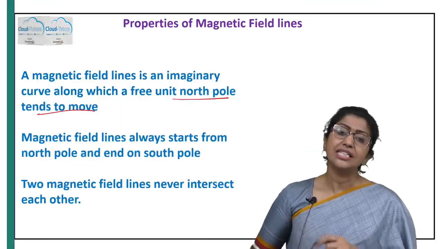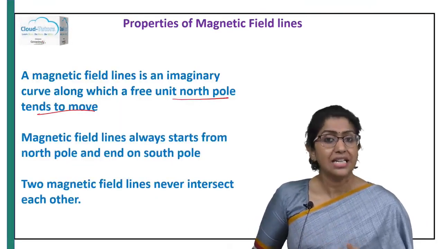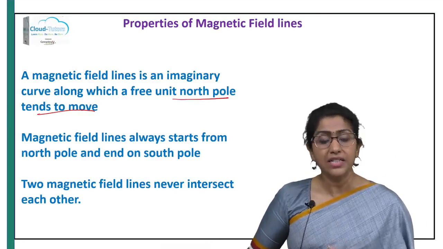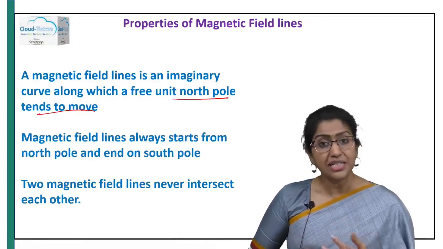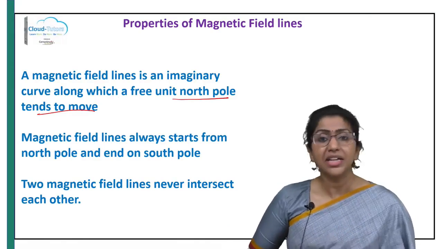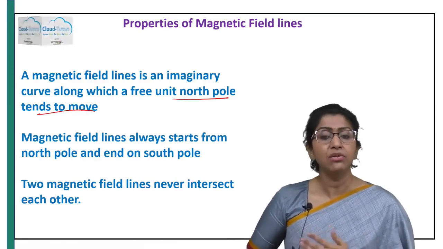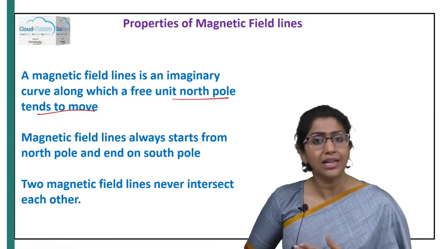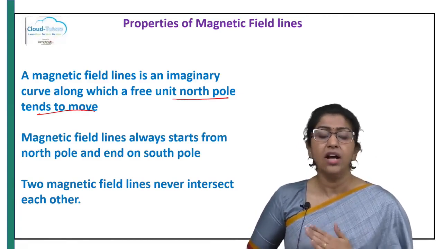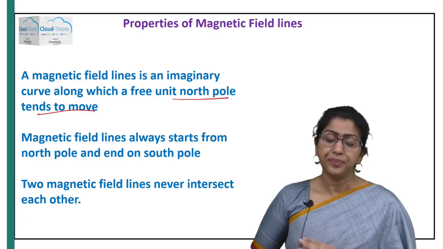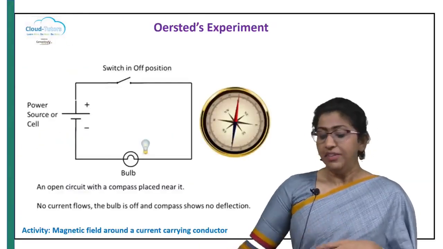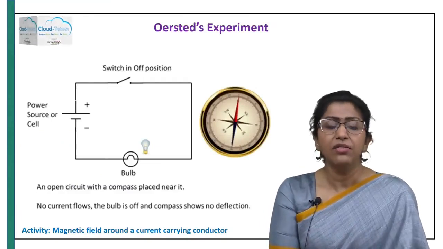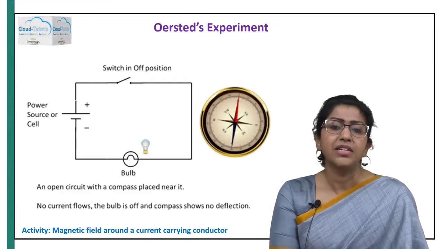Alright, so this can be a 2-marker question or a reasoning based question where you may be asked to give a reason why two magnetic field lines can never intersect with each other. You need to explain it properly with all the keywords using this tangent concept. Alright. Now, moving on, we have Oersted's experiment. Let me come to Oersted's experiment in a while.